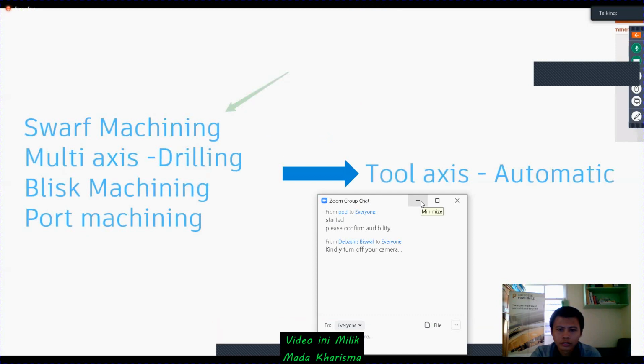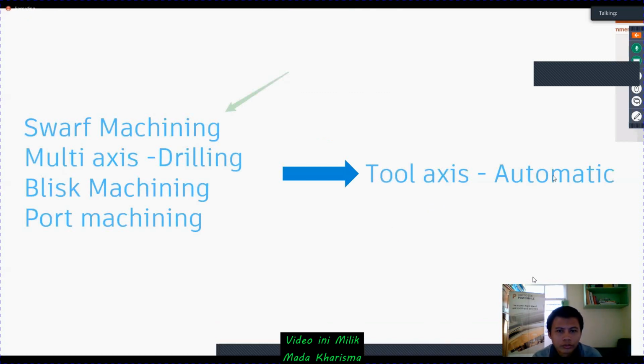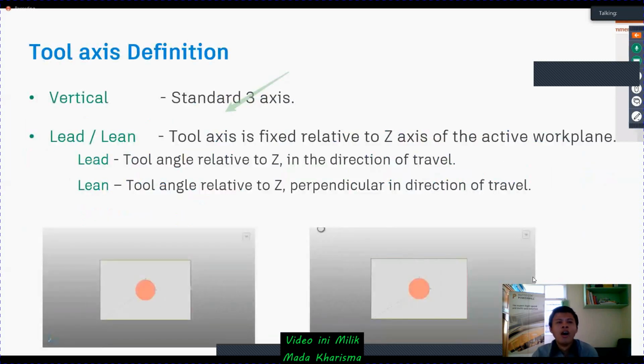So you don't need to take care of the tool axis, because it's automatic. But when we come to other toolpath strategies, we need to go to the tool axis page and change the tool axis direction. For that we are deep diving into this.